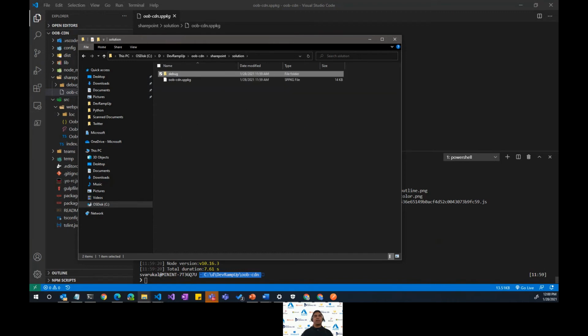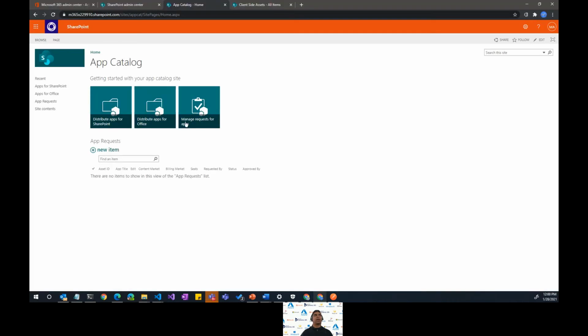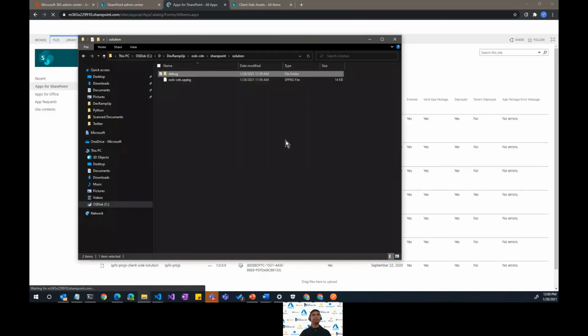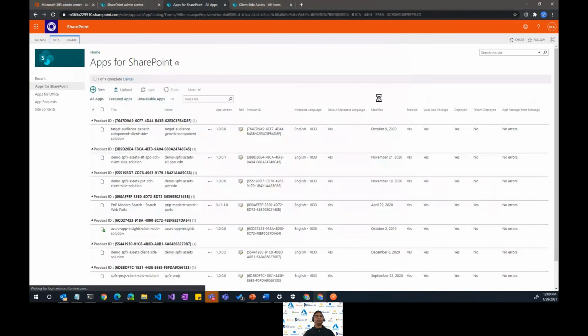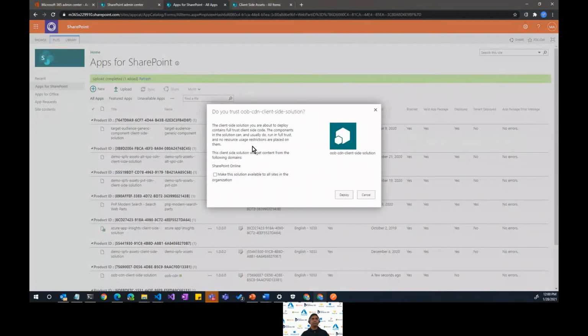Let's go ahead and upload this into my app catalog. So it says that it's going to get content from the following domains, which is SharePoint Online in this case, and we'll make this solution available to all sites.